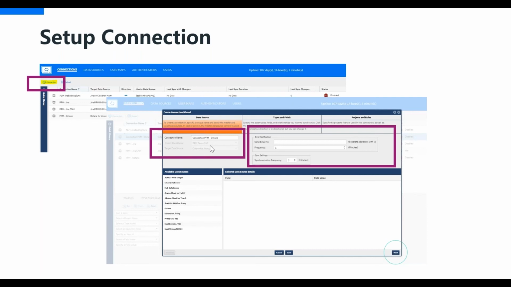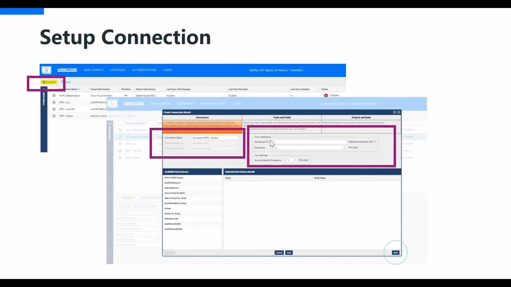So in this case, I've mentioned that the PPM will be the source data source, and the Octane or Jira is the target data source. Again, since we are going to define this as a bidirectional, the data will be synced on both ends, and I'll be talking about that in next couple of slides. So this is just a connection information, how you define it.